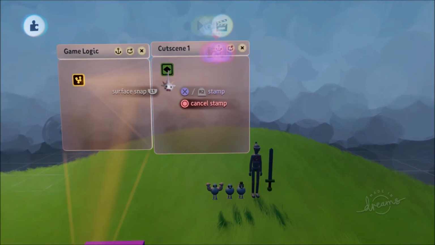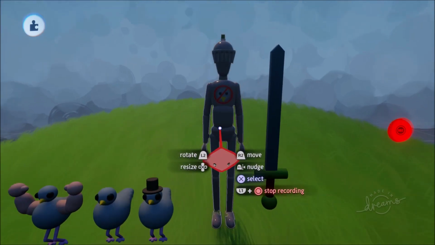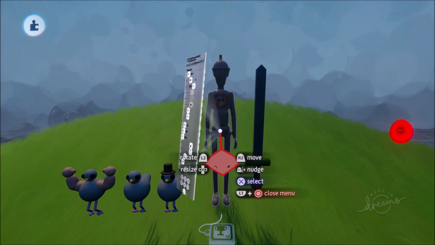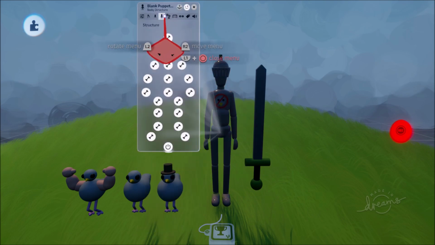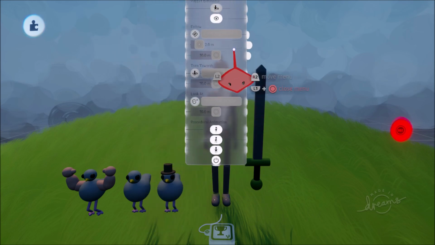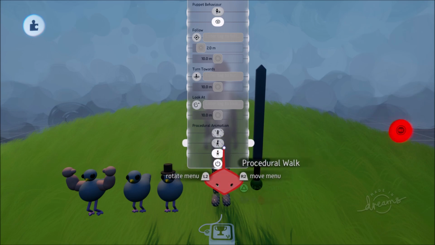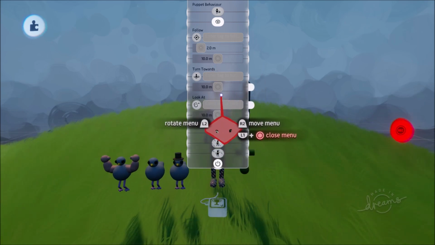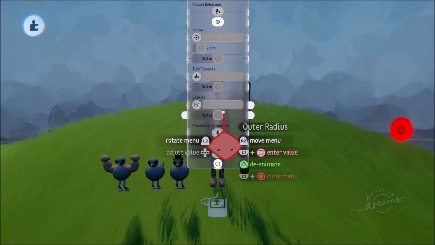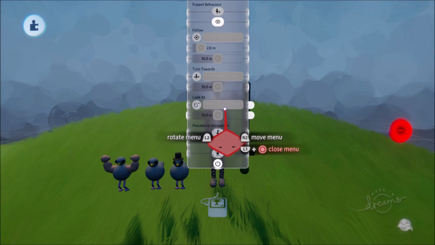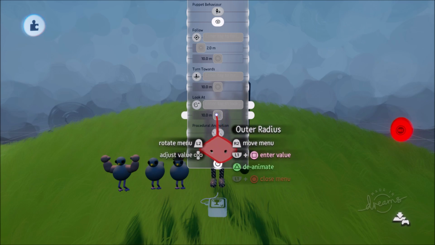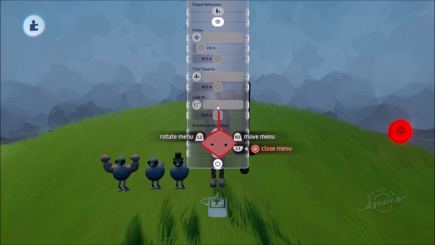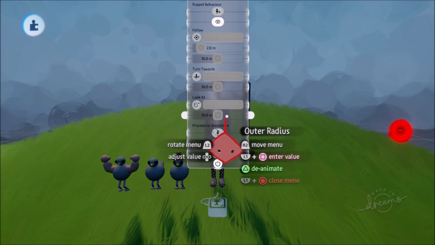So we're going to put down a keyframe, and in our keyframe we're going to go to our characters. Some of them may be puppets, some of them may not be. And we're going to go into their behavior page, and we're going to make it so that their procedural animation is turned off. This makes it so that when you make your own custom animations for your characters, the procedural or the default dynamic animations that take into account physical properties and so forth, like what surface they're standing on and if they're falling or not, all of those things we're